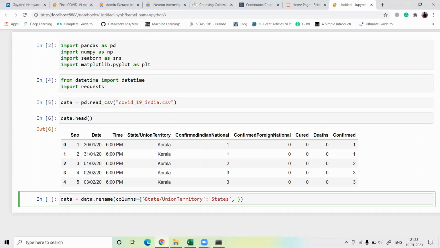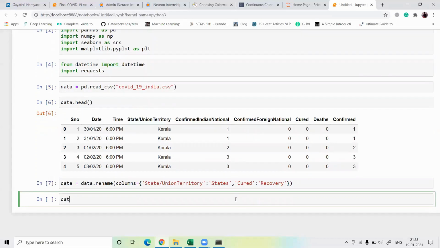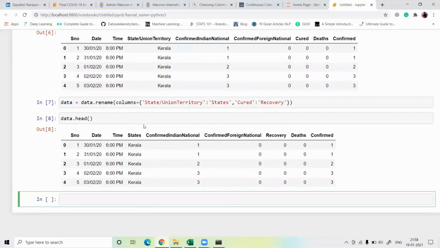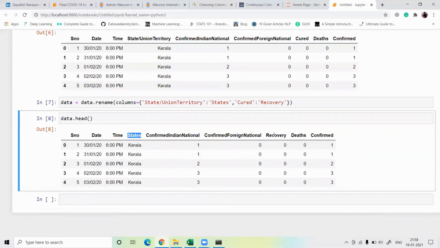For the second column, again I take this column and replace it with recovery. Let's run this cell, and again check the top 5 rows and see that this column name and this column name are renamed, guys.